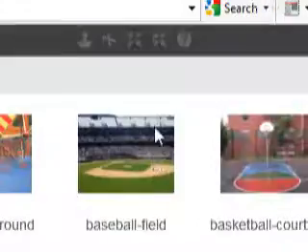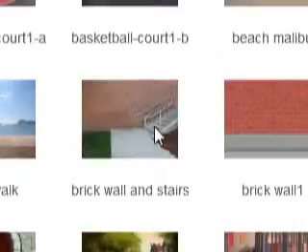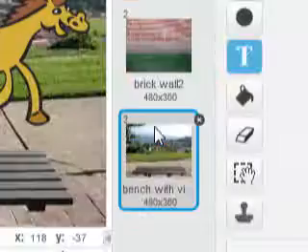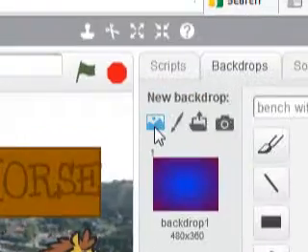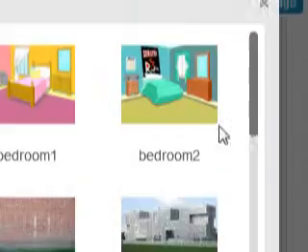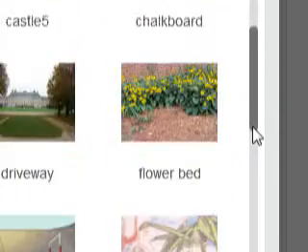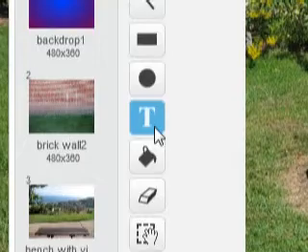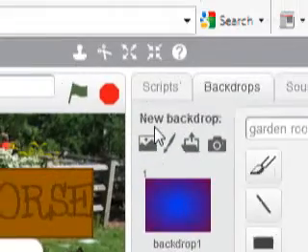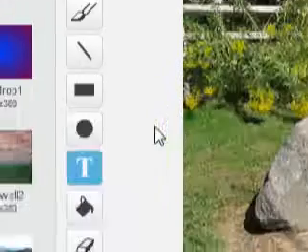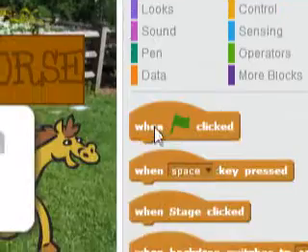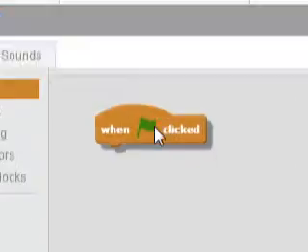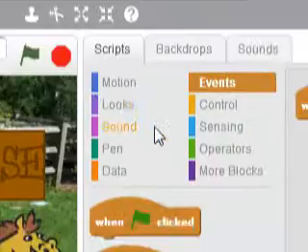So then we're going to get another one. Which one did I want? Bench review. Then one more. And that is going to be, scroll down. Where is it? Garden with garden rock. There you go. So first of all, what you want is when start is clicked, oops, right click, clean up,